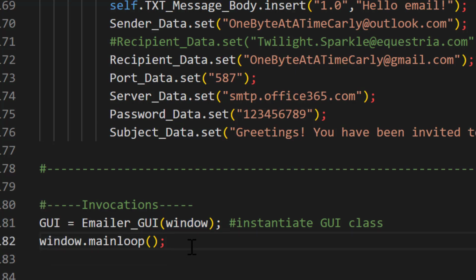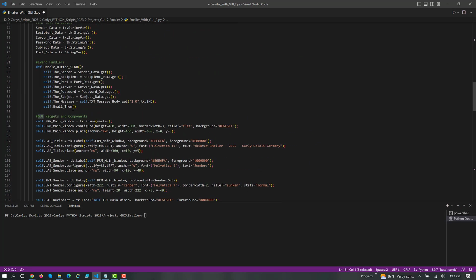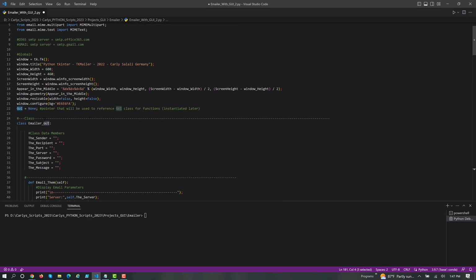And then, typically with any Tkinter app, you're going to want to start window.mainloop. That's the main loop that all the widgets run inside of. So just recognize that's that pointer. What I'm doing is, my GUI is defined in this class here, class EmailerGUI. So I'm using it to instantiate, or build, an object built from the blueprint of this class as it is defined. A class is just a blueprint